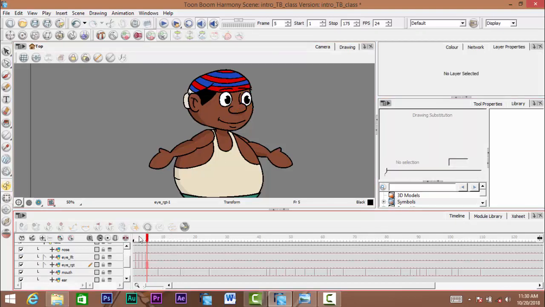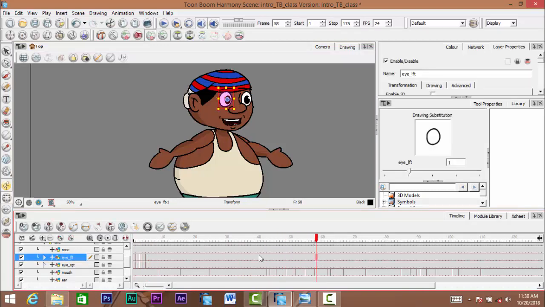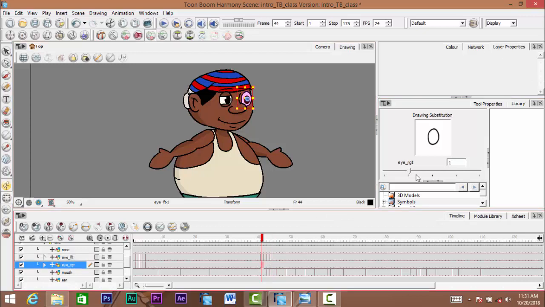All right, so once it blinks, it can open again. Maybe you can come around somewhere around this frame 41, and do a close eye, make the eye close again or blink by switching drawing substitutions. Okay,